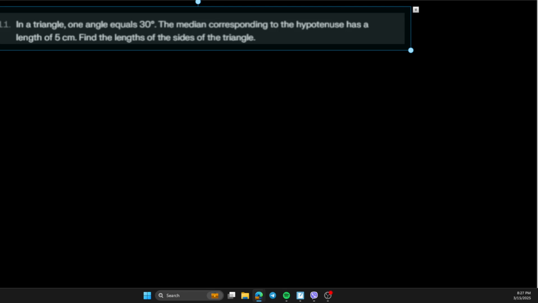In a triangle, one angle equals 30 degrees. The median corresponding to the hypotenuse has a length of 5 centimeters. Find the lengths of the sides of the triangle. So we have a right triangle, or